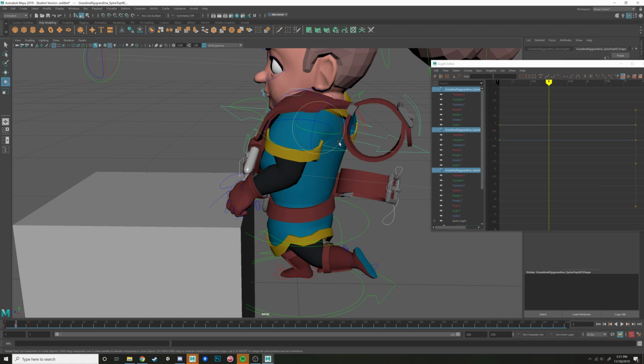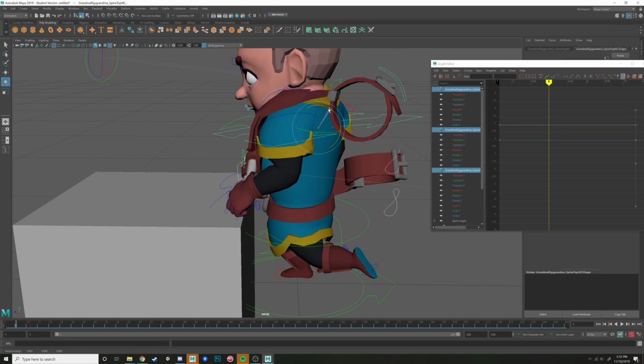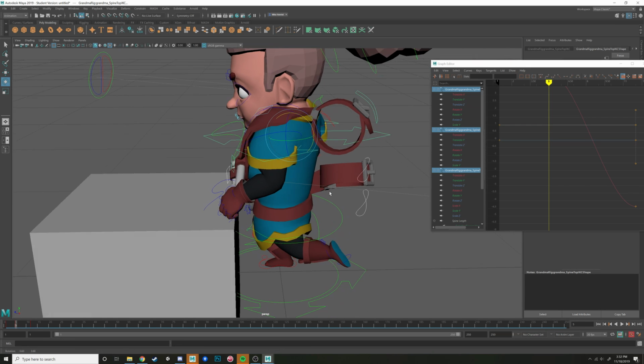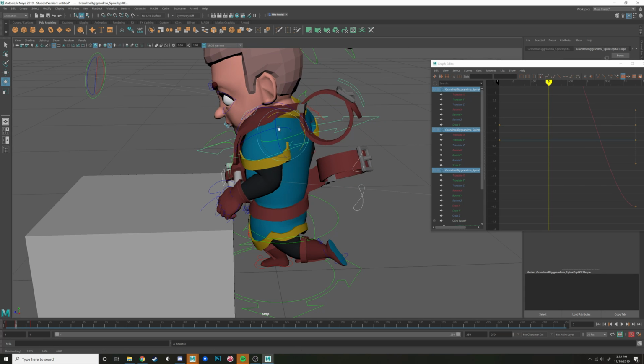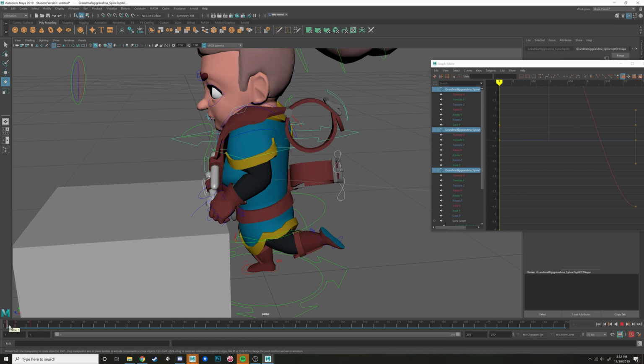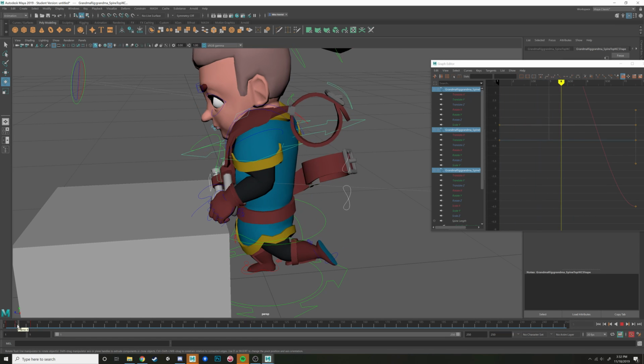I feel like when you're keying, when you're making a new pose, it's always good to start with the hips, because your hips, even when you're doing regular tasks like standing, are always constantly moving, just a little bit. So right now I start with the hips, then I go up the spine, and I'm trying to set these keys